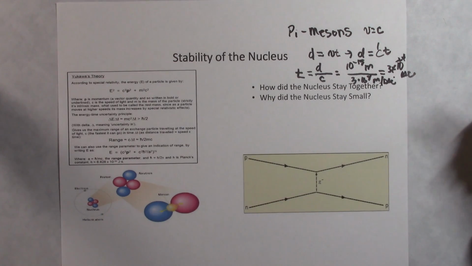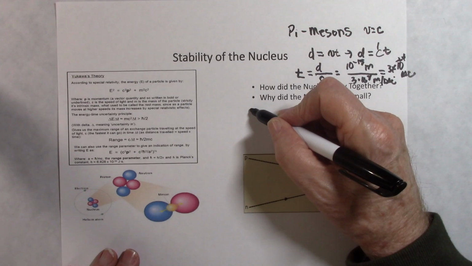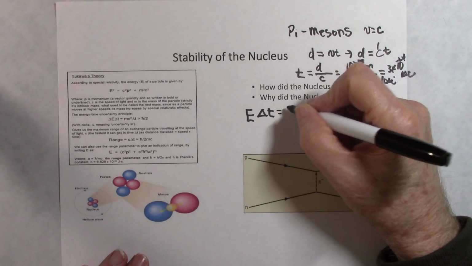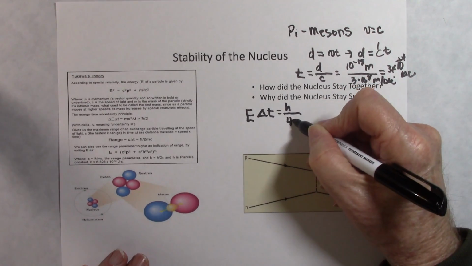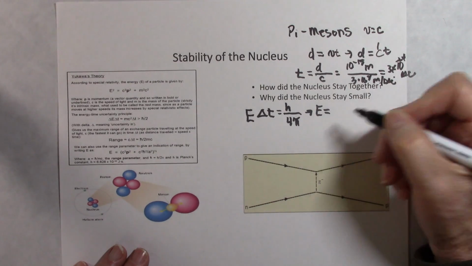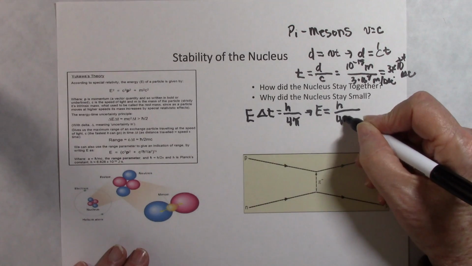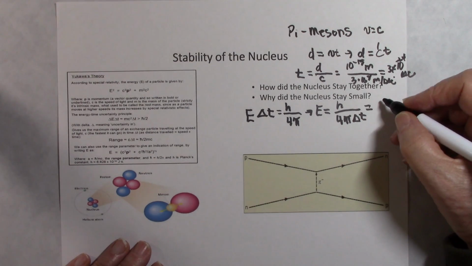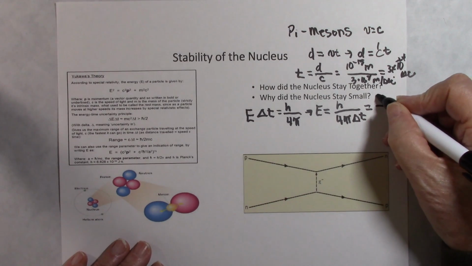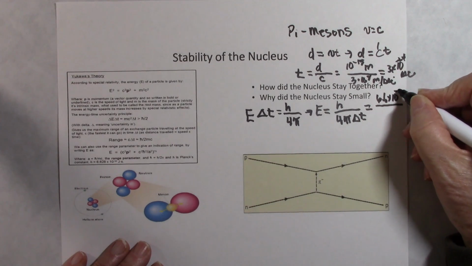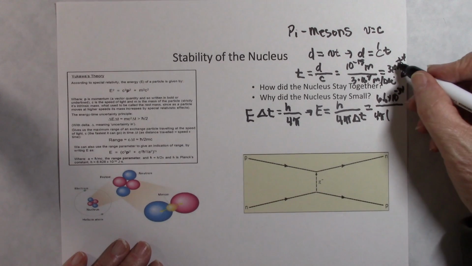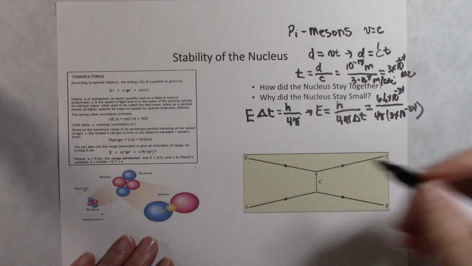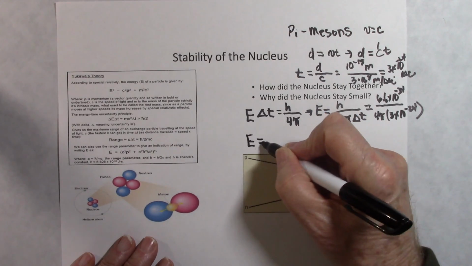If we plug that into the Heisenberg uncertainty equation that's generally written in terms of energy and time, delta E times delta t is equal to Planck's constant over 4 pi. We can rewrite this. The energy then is equal to h divided by 4 pi times delta t. If we plug the numbers in here, that's going to give us an energy of about 6.6 times 10 to the minus 34, over 4 pi, times, for delta t, we plug in 3 times 10 to the minus 24. Now, this calculation turns out to be, and I won't go through the conversion factors here, about